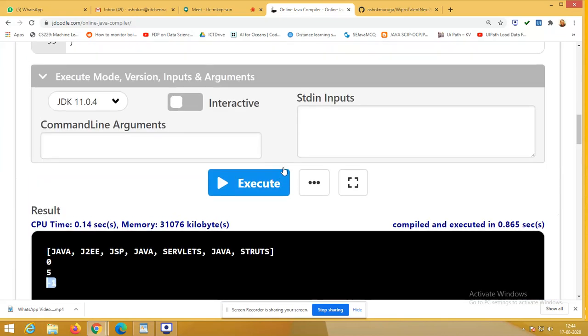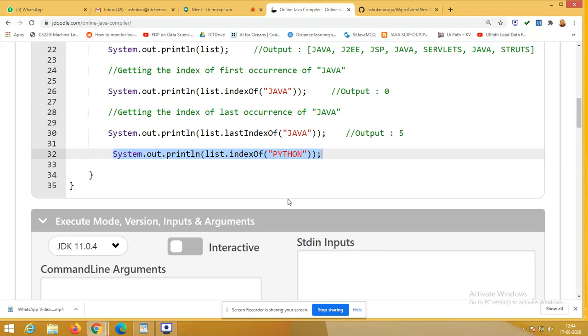So the question from Durgesh: if I need to retrieve the second Java, what do I have to do? You have to mention the position and return it. I will show you. Right? Even for that, we have the program.